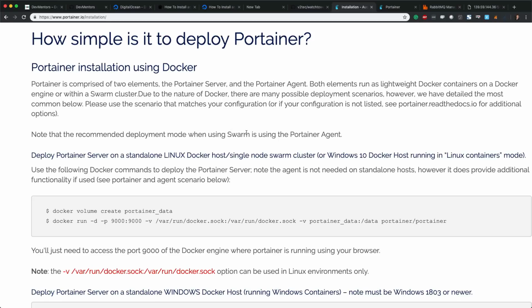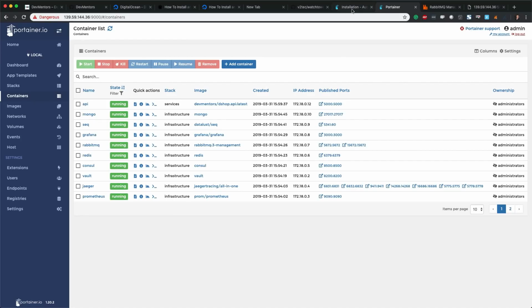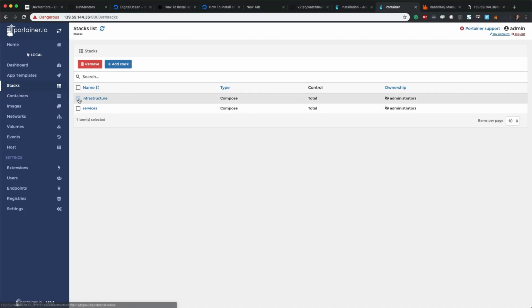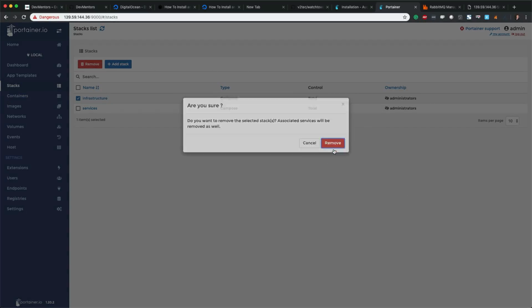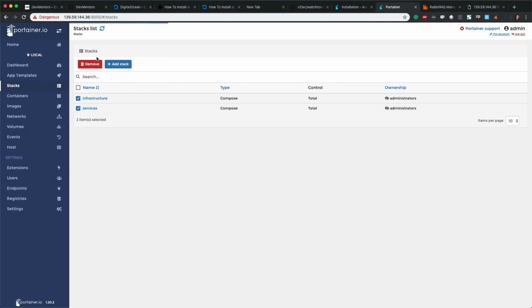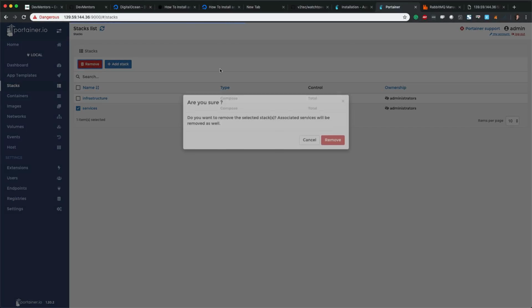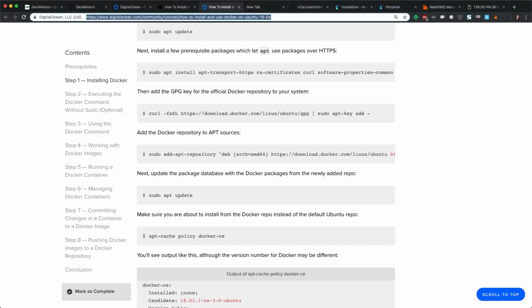But we'll not be using Docker Swarm. And we'll actually get into the Kubernetes topic in a moment. But before we do, let me remove all of this stuff. So I will just simply destroy the stack, and I will also destroy the services, and